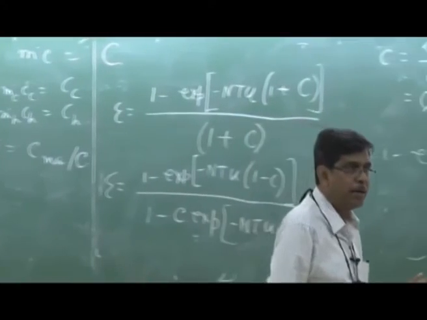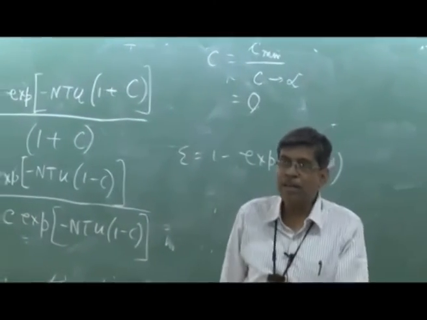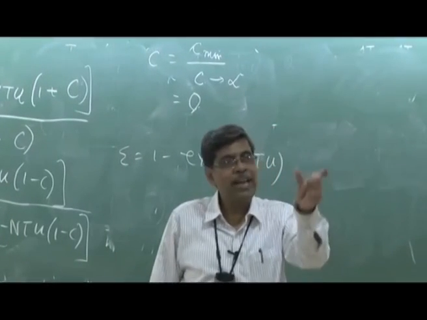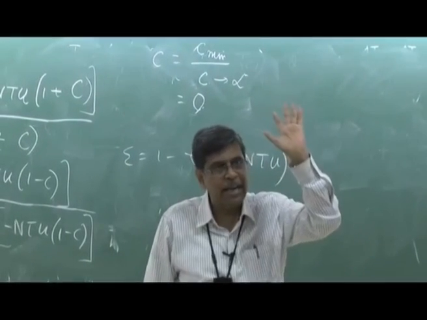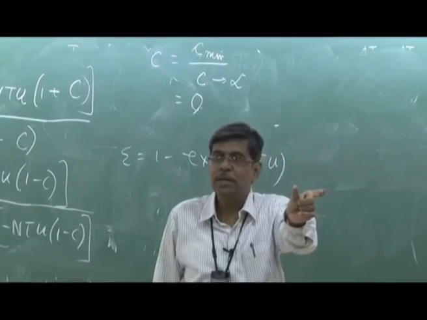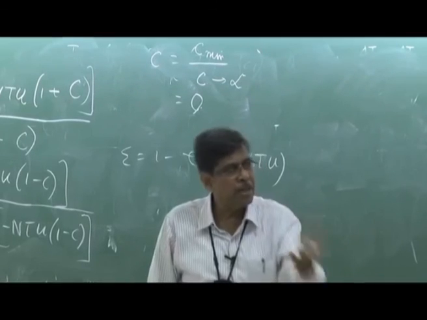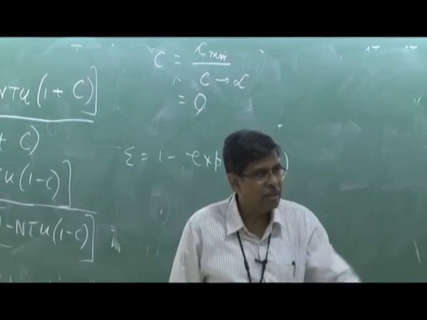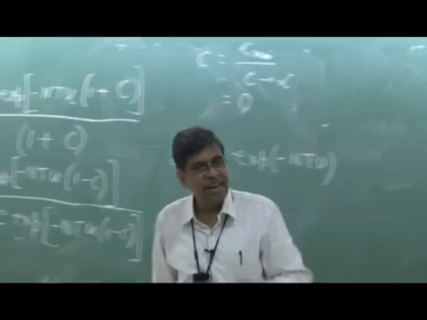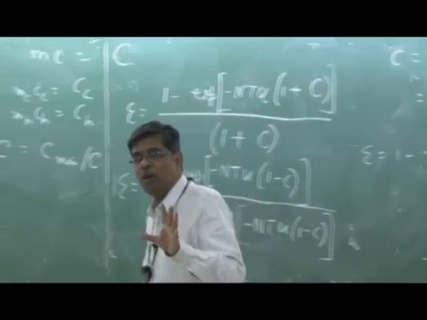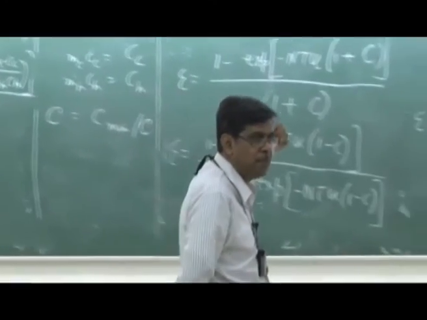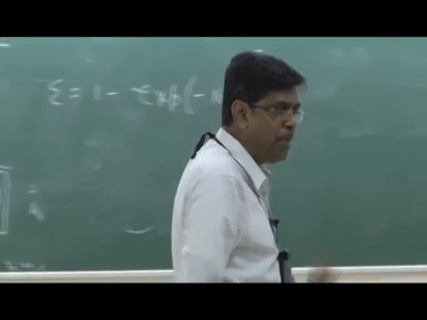Any problem? Okay. So we can find out the epsilon, and whenever we find out the epsilon, with Th1 and Tc1 known, it works. Then from the definition of epsilon, I can find out the temperature difference of the minimum fluid. That means the heat load will come. The temperature difference of the other fluid will also come. So where the heating load and cooling load are not known, but the size is given, the NTU epsilon method is an explicit method. To find out the effectiveness,